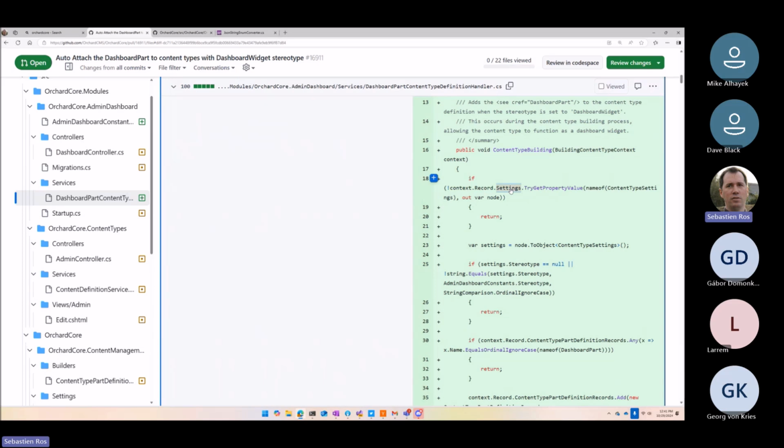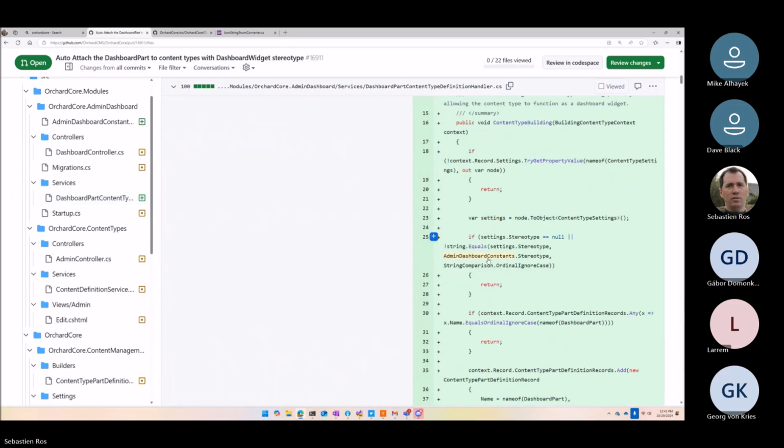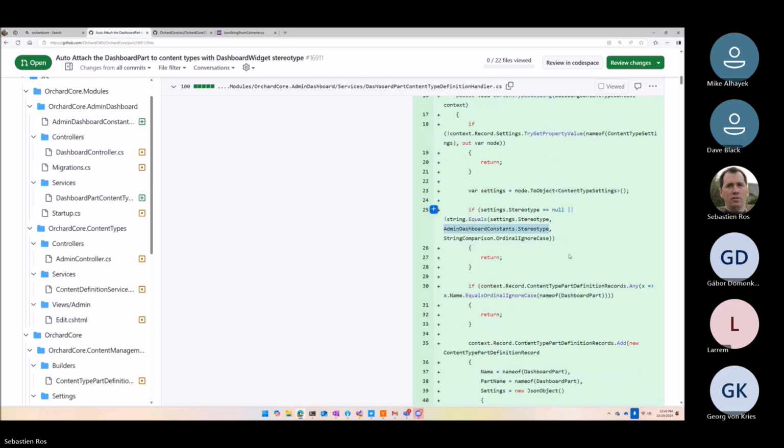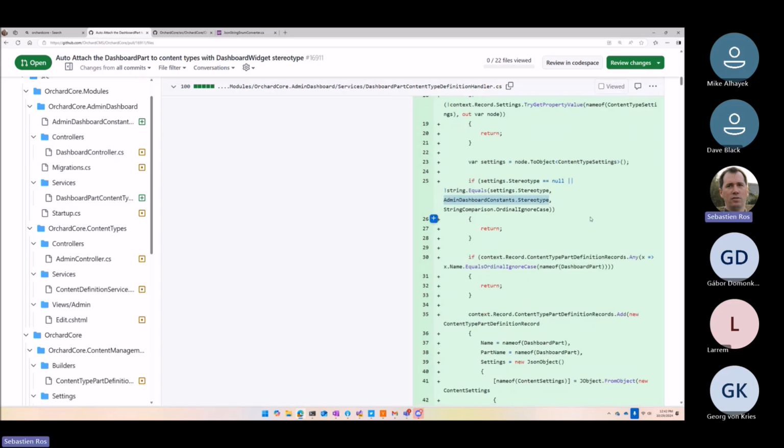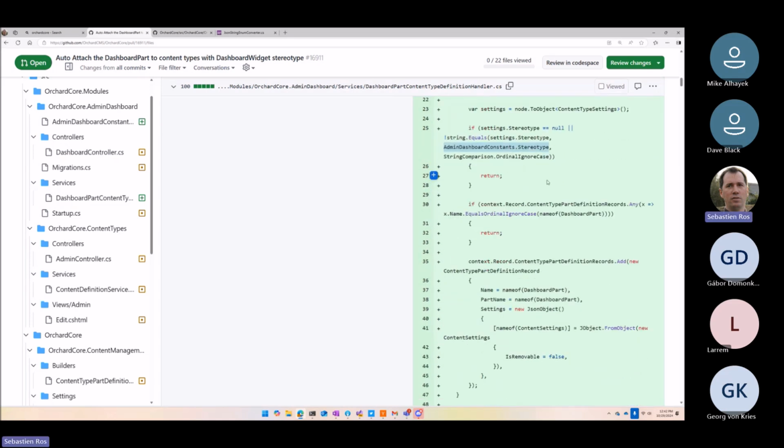You say settings, try to get the settings. You get a stereotype, right? So if it has a stereotype and if it is dashboard widget, this is a constant. If it is, you say,